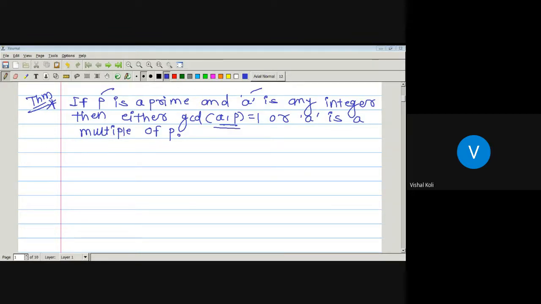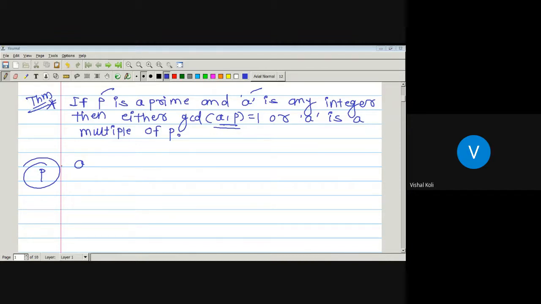We do not need to prove this, because if P is a prime number and I take an arbitrary element A, obviously if A is less than P, then GCD of A and P must be equal to 1. Since there is no number other than P and 1 which divides the element P, whenever we find the GCD of A and P, it must be equal to 1, since there is no integer less than P which divides P, since P is a prime number.